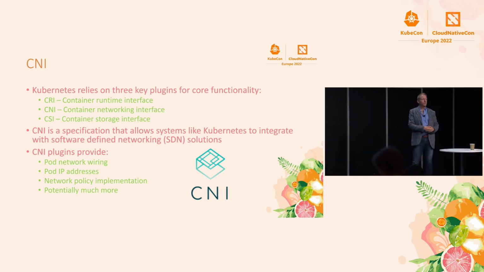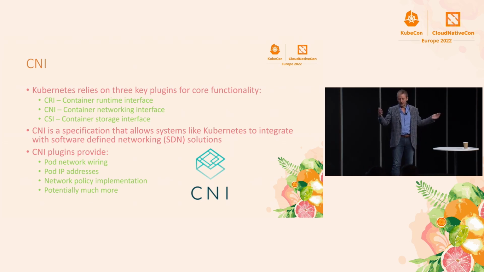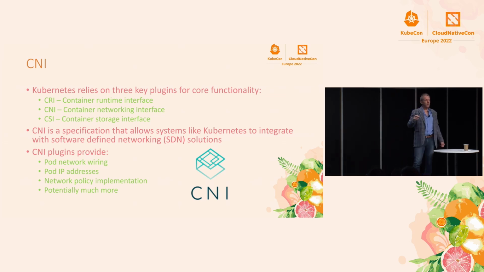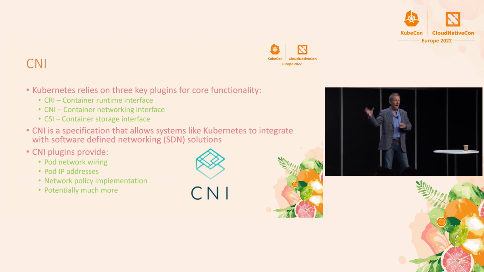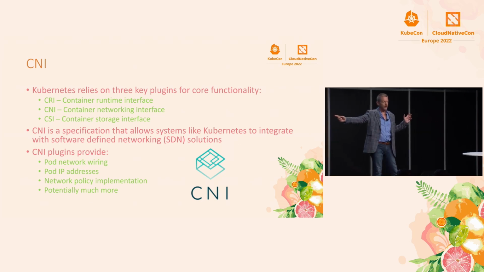But the problem is, if Kubernetes just said, yeah, supply some software-defined networking thing, it wouldn't work because Kubernetes would be integrating with 50,000 different things. And so the CNI is a standard that makes it possible for Kubernetes to make the requests that it wants to make, like, hey, I've started up a pod, and I created a network namespace for it, but it's plain vanilla. There's no interfaces, there's no rules, there's no routes, there's nothing in there. So hey, Mr. Software-Defined Networking thing, please wire this pod up so that it can talk to other pods on this computer and any pod in the entire cluster.